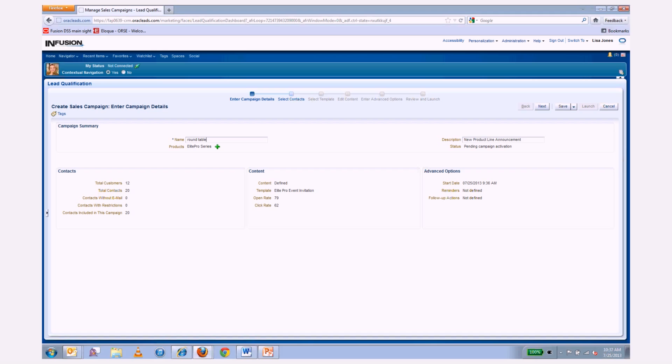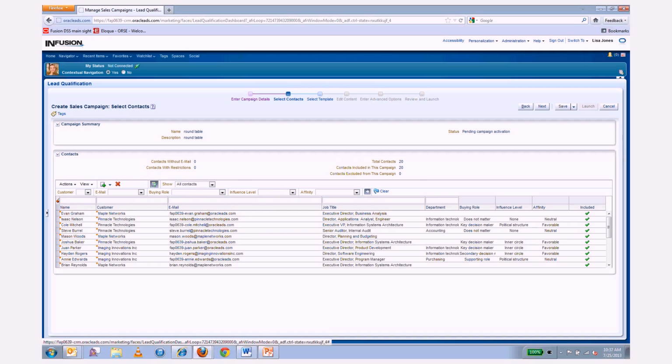So that's what this is. I'm just using the contacts from a previous campaign. Move to my next area here. It shows me all the contacts that I currently have. I can go ahead and add new contacts right here with this green plus